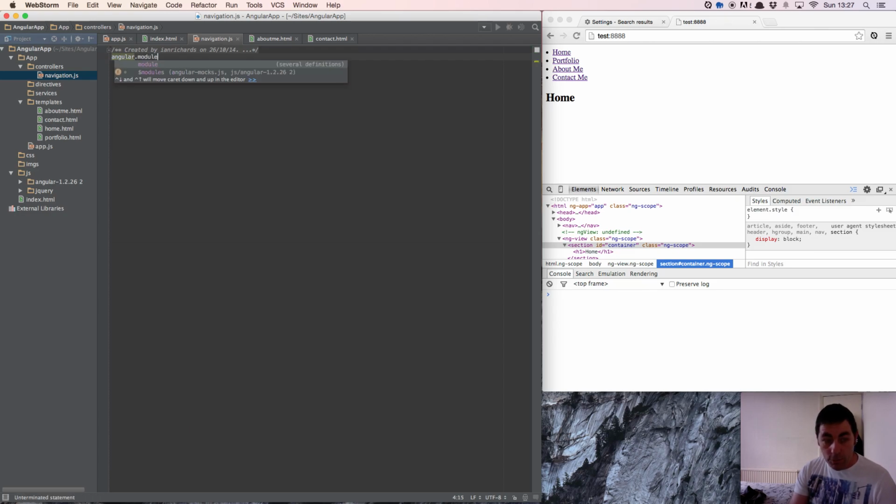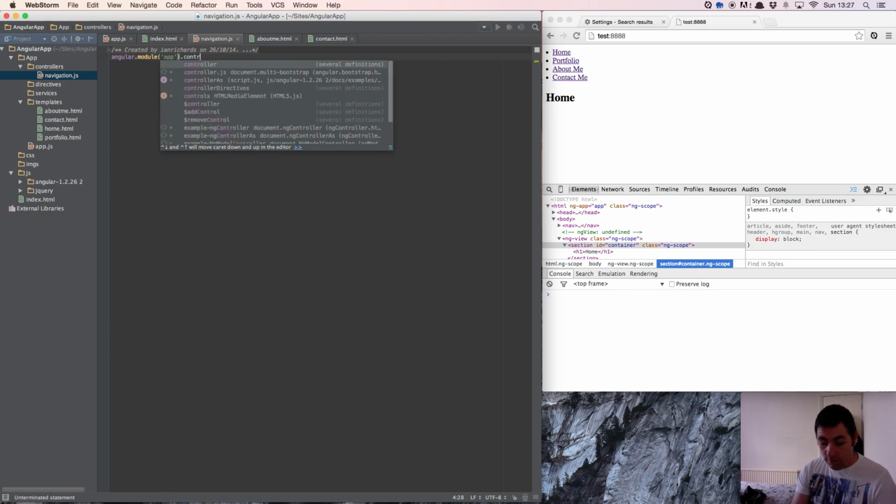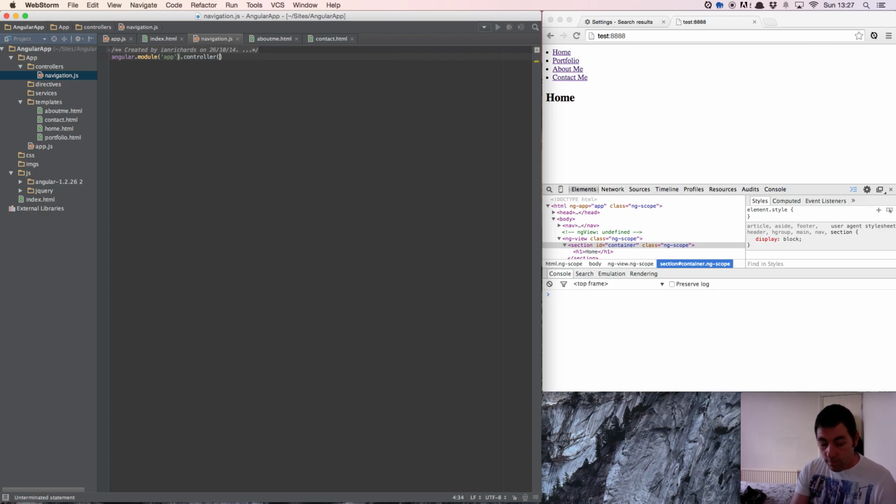I'm going to add it to our module. I'm going to state that this is a controller. We're going to name the controller. Now, names for controllers are case sensitive. So whenever we name them here, if we ever want to use them again throughout any of our code, when we inject it, we have to use the same name that we've used here. I would suggest also, like I've done,